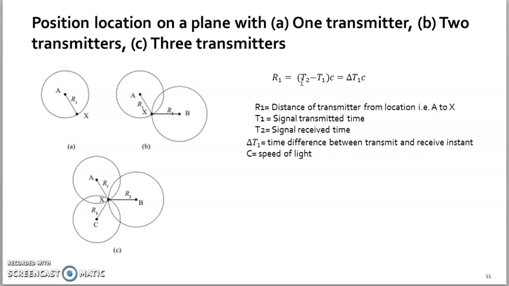Now if we transmit using another transmitter, suppose say here B, and you see the position of B on this map here, and if we can measure the signal delay from this transmitter B, here we can find out a radius R2 from B. Okay, so now in the figure here we know R1, and suppose we consider another transmitter B, we can find out R2. So we will identify R1 and R2.